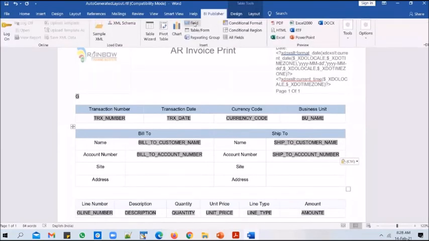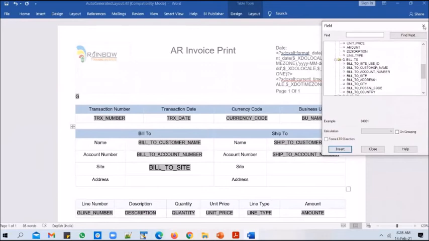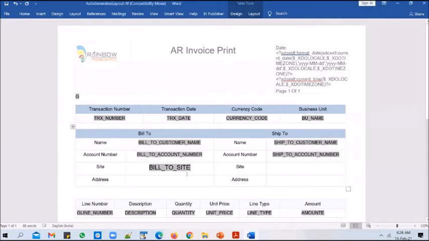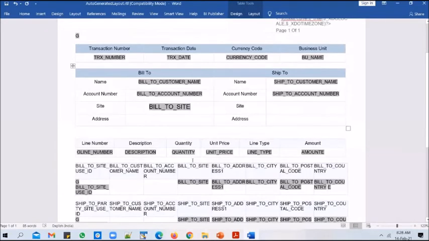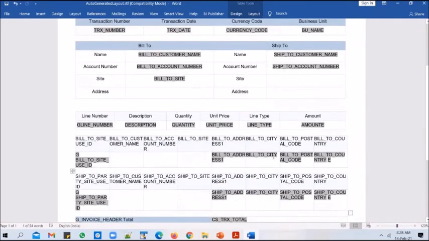I go to BI Publisher, click on field, and I can scroll down, and under G bill to, I can see a bill to site field. I can select it and I can click on insert, and that will insert the XML tag. As simple as that. So don't worry, even if this is deleted. So I'll copy this and replace it here, and I'll copy the ship to site